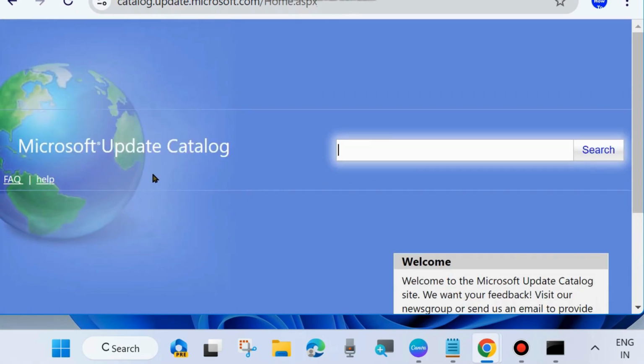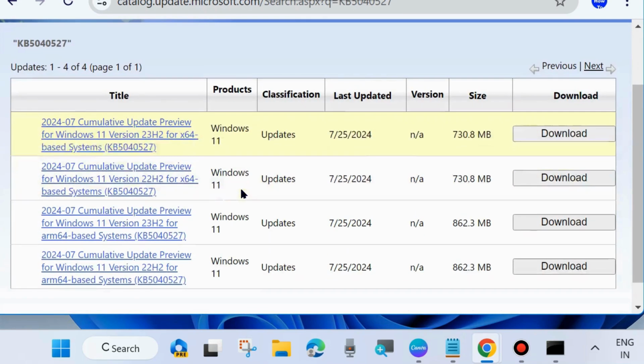Now manually download and install the latest Windows update. Simply look for this update. For example, we will search KB50405227 and all these related updates will be available. Simply click on the download button against each update and manually